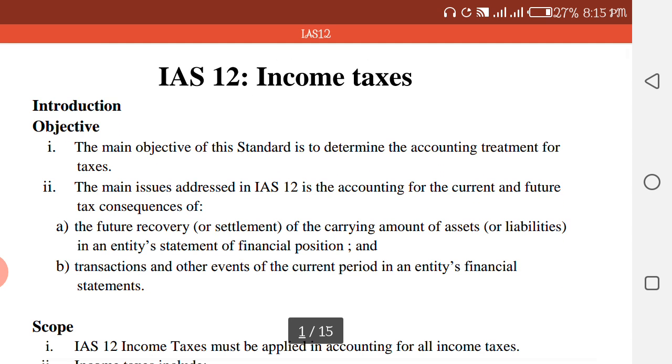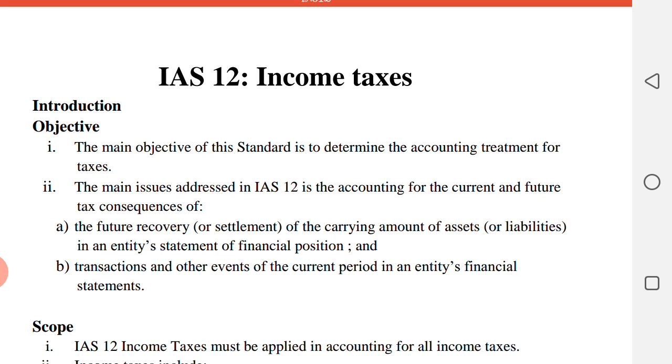Now let's look at the objective of the standard. The main objective of this standard is to determine the accounting treatment for taxes. That means, how can we treat taxation in accounting? The main issue addressed in IAS 12 is the accounting for the current and future tax consequences of the future recovery or settlement of the carrying amount of assets or liabilities in an entity's statement of financial position, and transactions and other events of the current period in an entity's